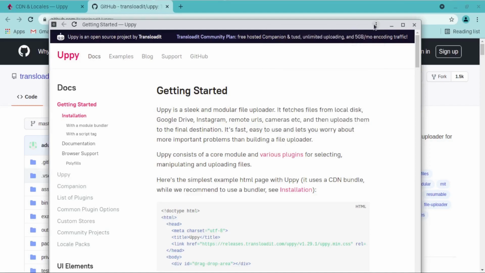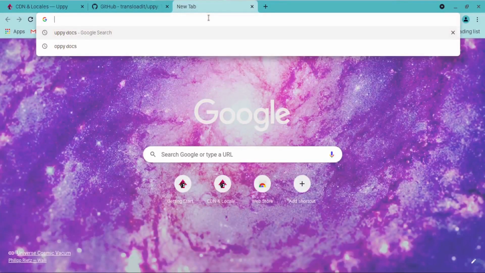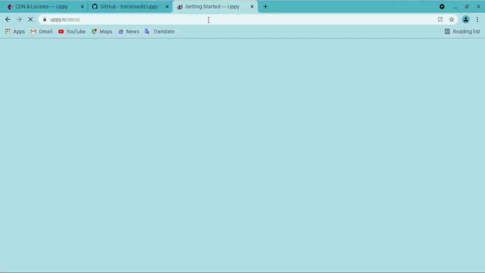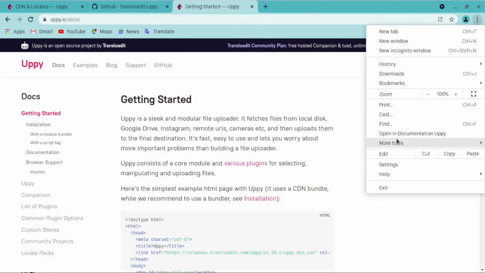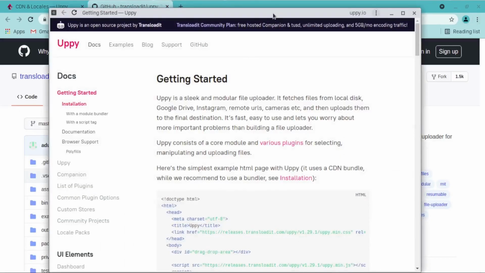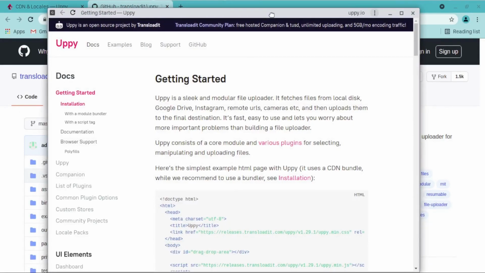If we click on this and click on copy URL, you can go back to our browser right here. Then you can paste the URL in there. And there it opens the page that the shortcut was pointing to. Then to go back to our shortcut window, you can just come here and click here. And then it will bring up the window if it was existing before.